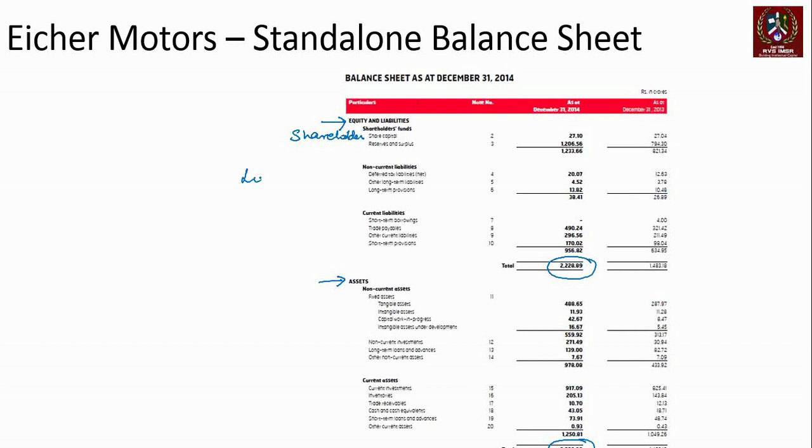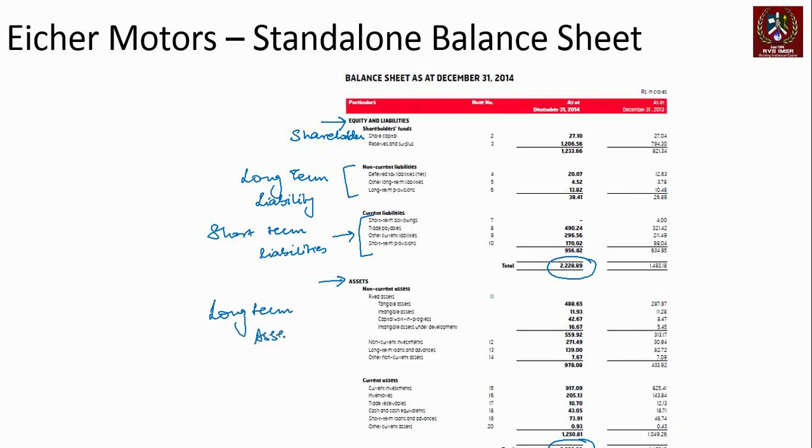You have long-term liabilities. We'll look at individual terms at a later point of time, but typically loans or borrowings or any kind of provisions for the long term. And then you have short-term liabilities, which could be short-term borrowings, trade payables, which is what you owe to someone else, some other current liabilities, and some short-term provisions, right? Similarly, on the asset side, you first have long-term assets, right? Long-term assets are all these, which are called non-current assets, in which you could have fixed assets,